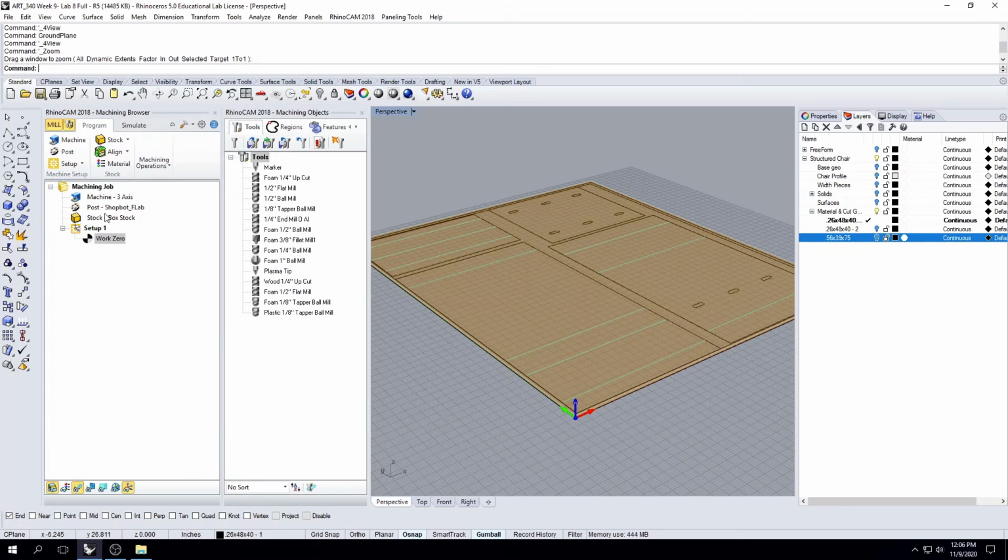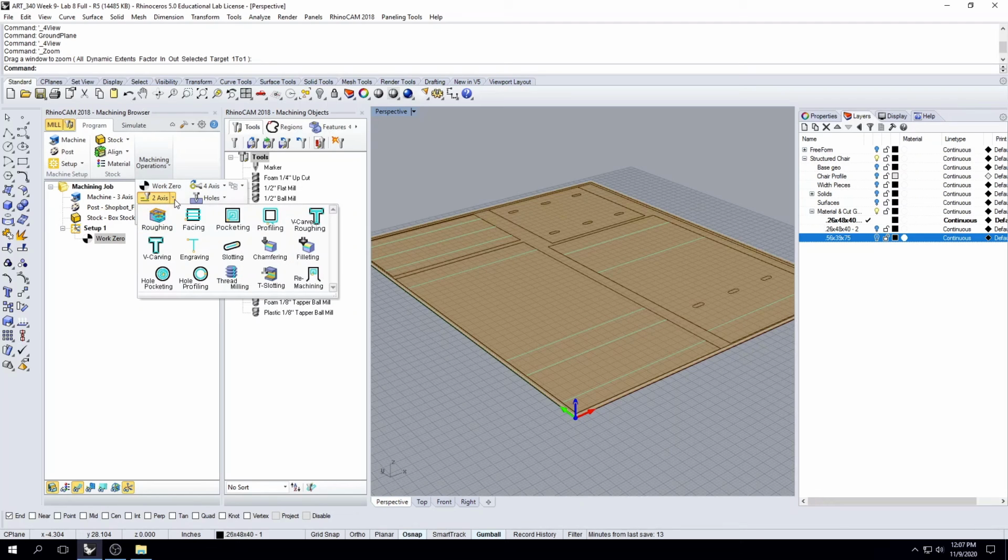And now what we can do is go into our machine operations. The first machine operation we're going to do is a 2-axis operation. There's quite a number of different operations in here below your work 0. We're sticking with 2 axes because we're just cutting flat things out for right now. There are 3 axes where you can do some more interesting sculpture or relief work, but we're going to stick with 2 axes, and we're going to open that up with this little down arrow,